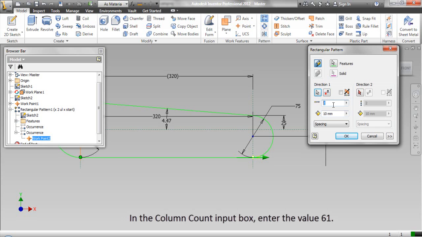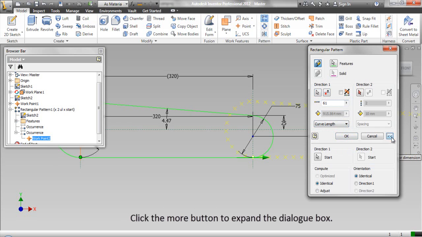In the column count input box, enter the value 61. Click this drop-down to specify pattern length. Select the Curve Length option. Click the More button to expand the dialog box. Select Adjust in the Compute option.